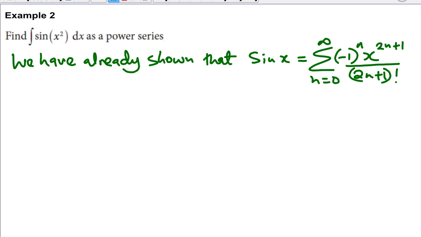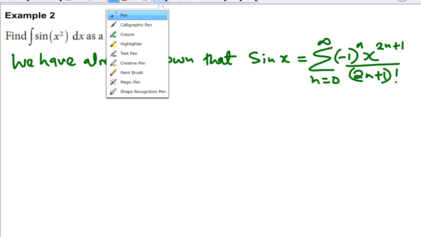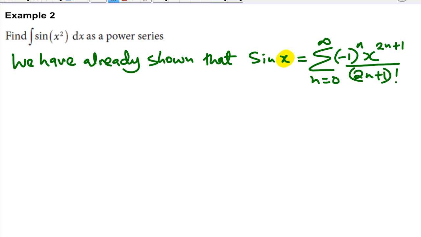And this series has an infinite interval of convergence. So basically we should be able to integrate it, but now we need to find a series representing sine x squared. So sine x is equal to that, and I want you to pay attention to this. Which means sine x squared